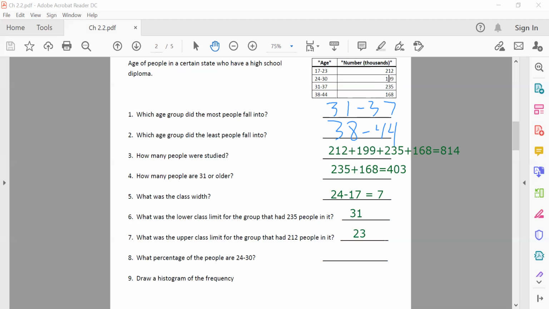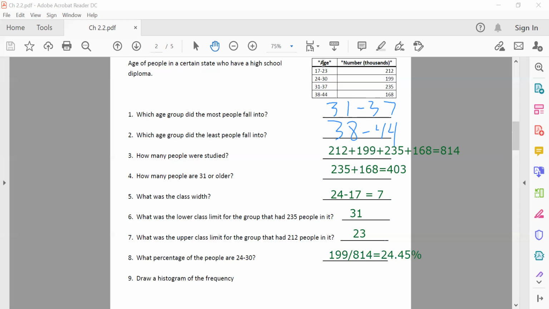So we take the frequency, 199, divide it by the full 814, convert that to a percent by multiplying by 100, and we'll round to 2 decimal points. You see almost 25%, about 24.45% are that way. And then a histogram, we don't exactly need to do that per se because it's very